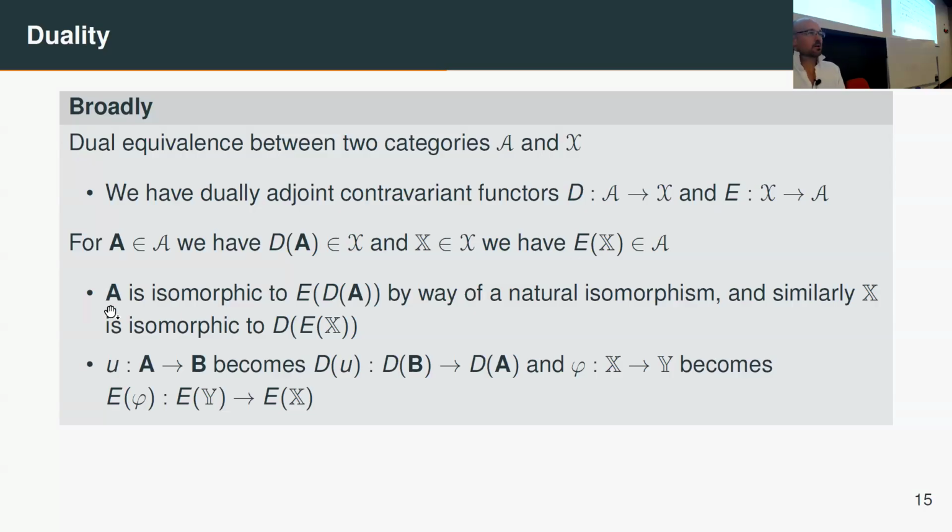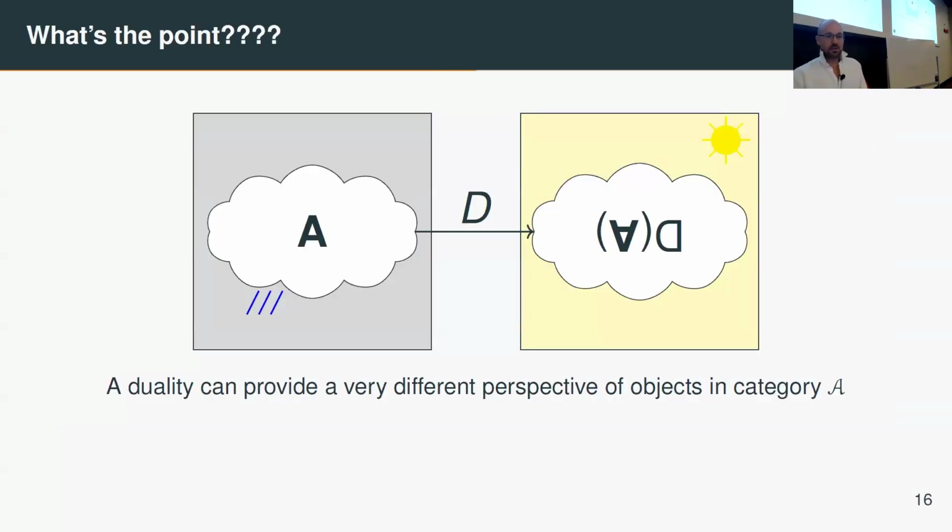But importantly, we get back to where we start if we do this twice. And the isomorphism should be by way of some natural isomorphism. It's a canonical construction. And categories are really not just about their objects, they're about their morphisms too. So the morphisms also get carried across. So a morphism from A to B in the first category will become a morphism from the dual of B to the dual of A, so in the other direction. So what's the point of all this? The point is just that dualities provide a potentially very different perspective on the original. And that's what we're going to be using here.